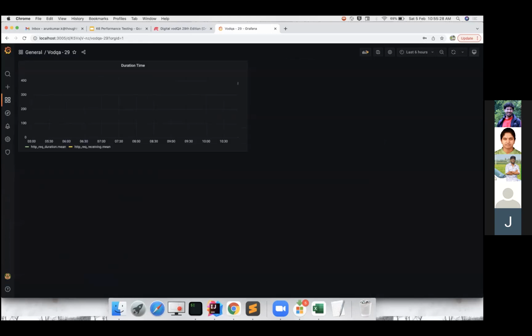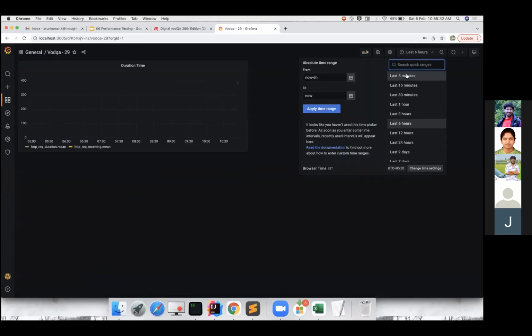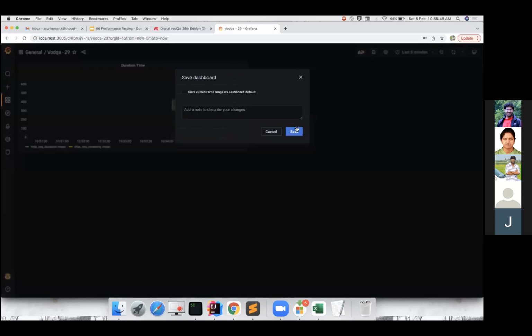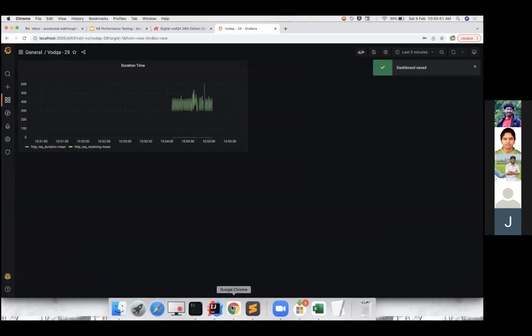So now if I apply here, you can see some small, okay, let me say in last, yeah. So this is what I was telling you. You can visualize up to the last 5 years, and the previous year. So I'll give it for the last 5 minutes. If you see here, now you can see the spikes here. Okay. So in more detail,